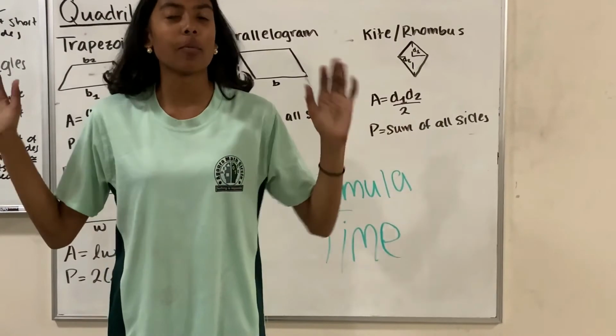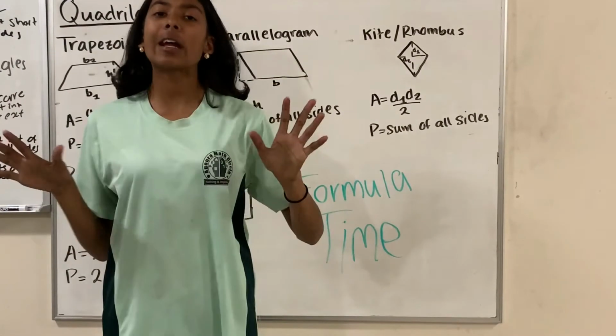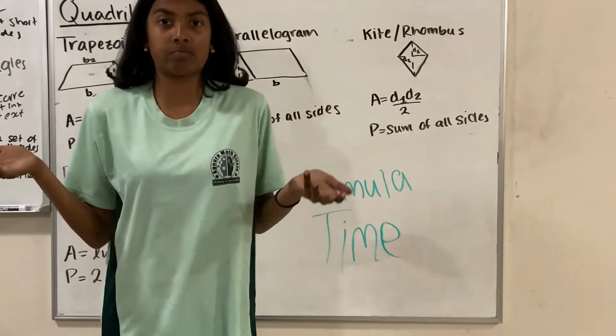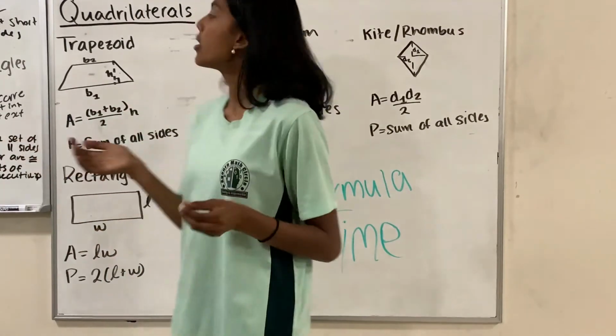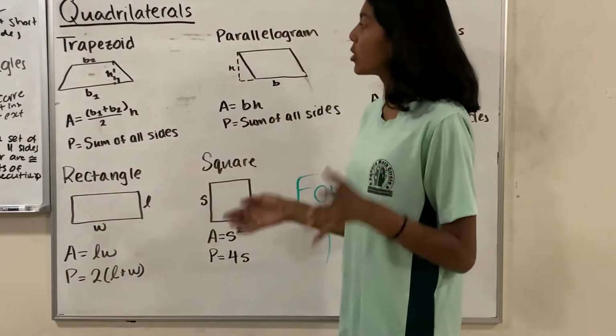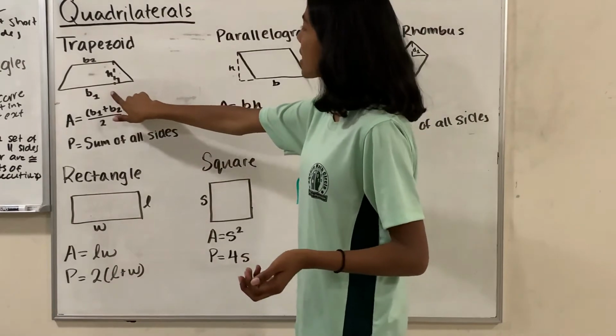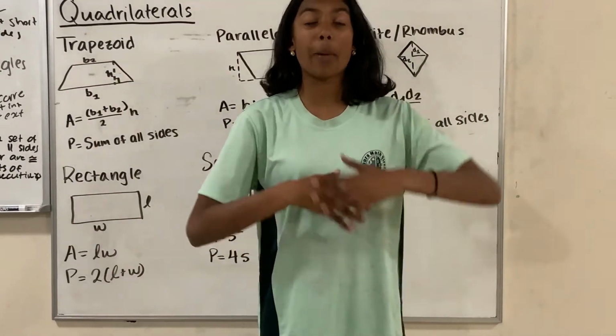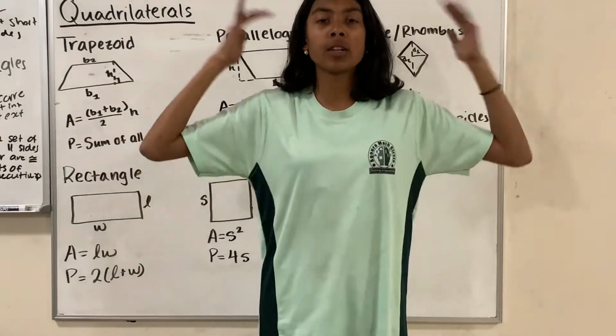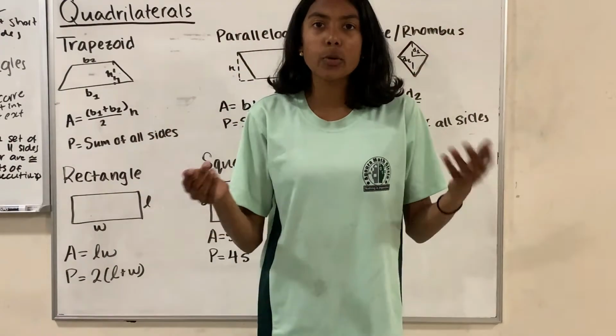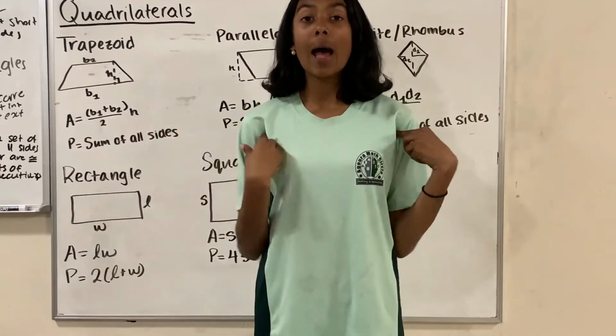It's formula time. So let's go over all the area and perimeter formulas for the quadrilaterals we just covered. So we start off with the trapezoid. And in the trapezoid, we have base 1, base 2, which are basically the parallel sides, or the flat parts. And it doesn't really matter which one you call base 1 or base 2, but as I like to do it,